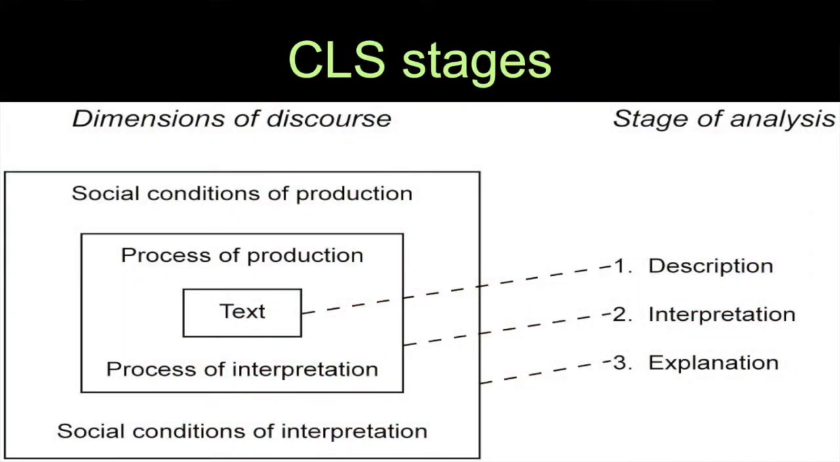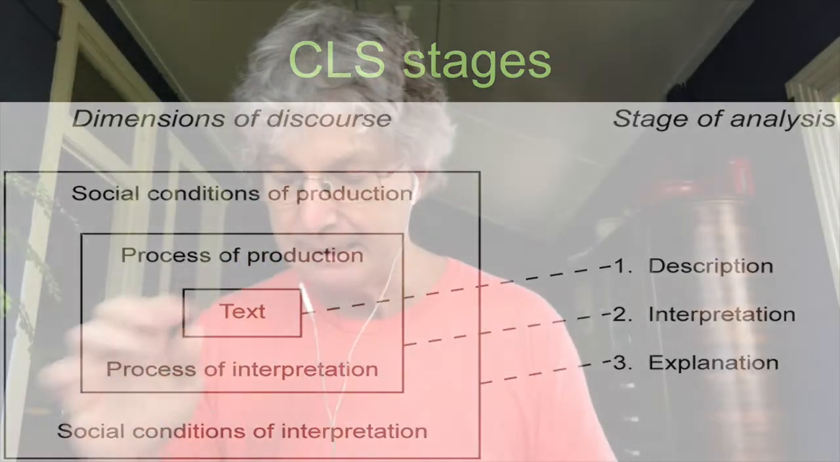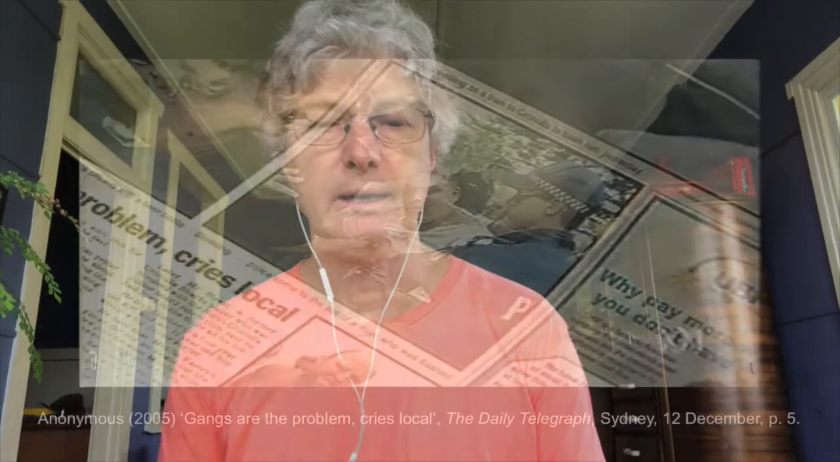How a particular discourse comes into being, is produced by our society, and how we interpret it. He talks about processes of production and processes of interpretation of a particular text, and at the middle is the text itself. Connected with these dimensions of discourse, he has three stages of analysis: description, interpretation, and explanation. So here I have a text,